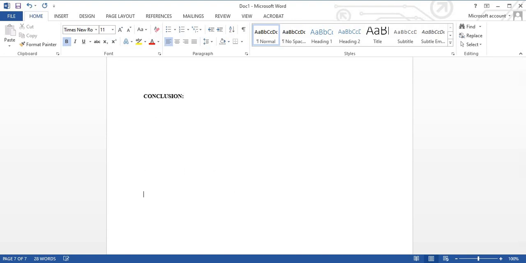Again, this doesn't take more than half a page, or at most 1 page if I am going through a difficult paper. And then what I do, I put a little bibliography. I think there's some space above it. Yes, there is. So I put a bibliography, and there you have it. You put the papers that you refer to. So in this section,